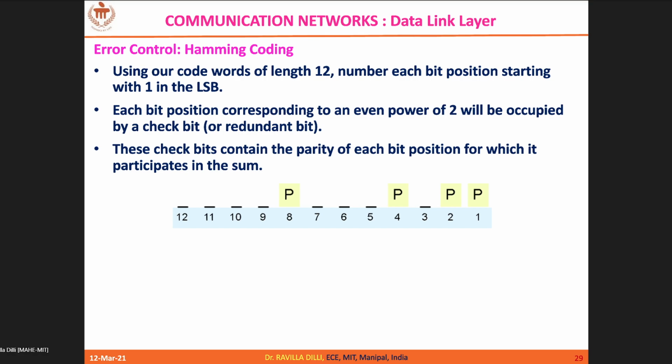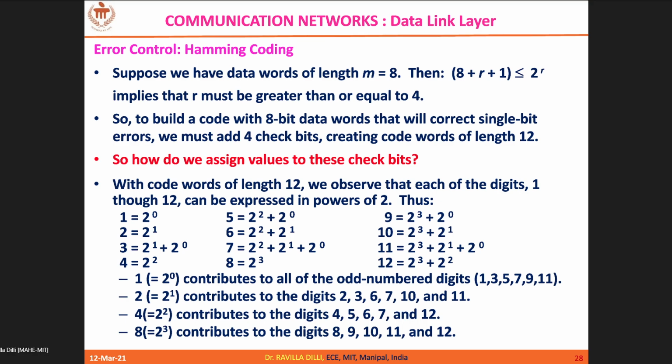Now at the receiver, what you should do is repeat the same XOR operations in order to generate R0 to R3. Please do it quickly. Assume that the same code word is received at the receiver, and now you derive R0 to R3 the same way. So all of them will be 0, right? Yes, all of them are zeros. It means that there are no errors at the receiver. It is successfully received without any errors.